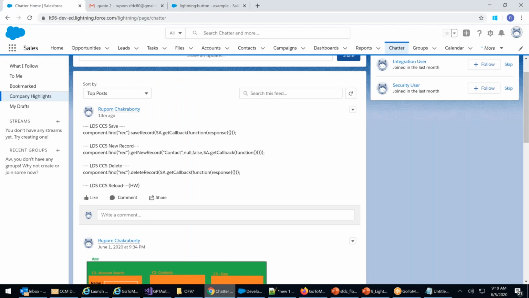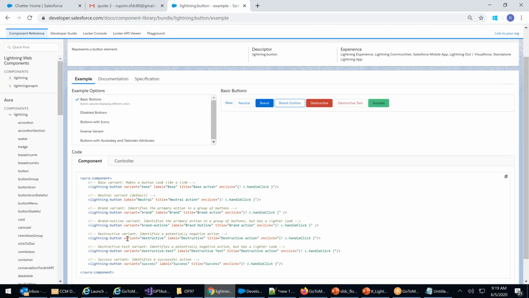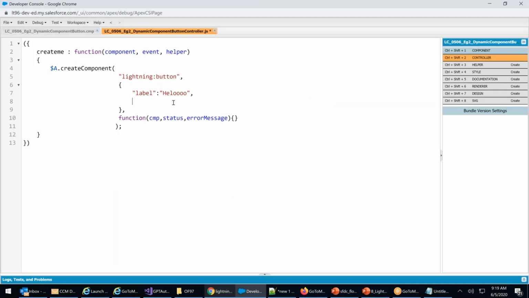We just took it, right? Variant equals destructive. It has to be in a JSON format. Variant equals destructive. Label equals hello.